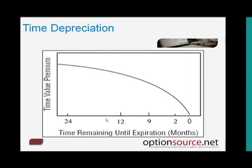As we get closer to expiration, you can see just here, and again, it's very generic, that if we're 9 to 12 months out from expiration, the rate of time depreciation is going to be slower, because the market steps back and says, oh, there's lots of time for this particular pair value to make its move. So the option premium does not lose its time value as quickly as if there was maybe 1 to 2 months left